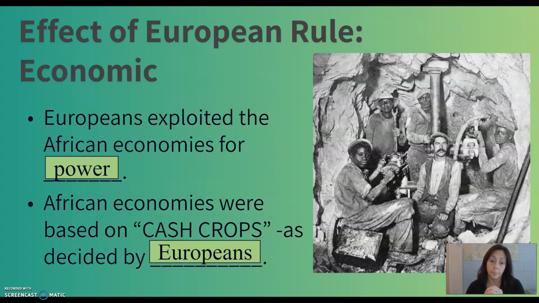So, farming one big crop en masse to make more of it to be sold. And of course, a lot of these communities were used to more of subsistence farming, farming for